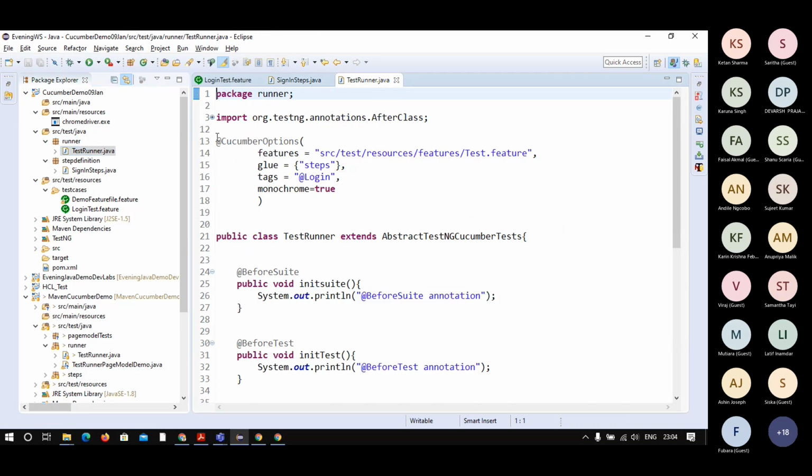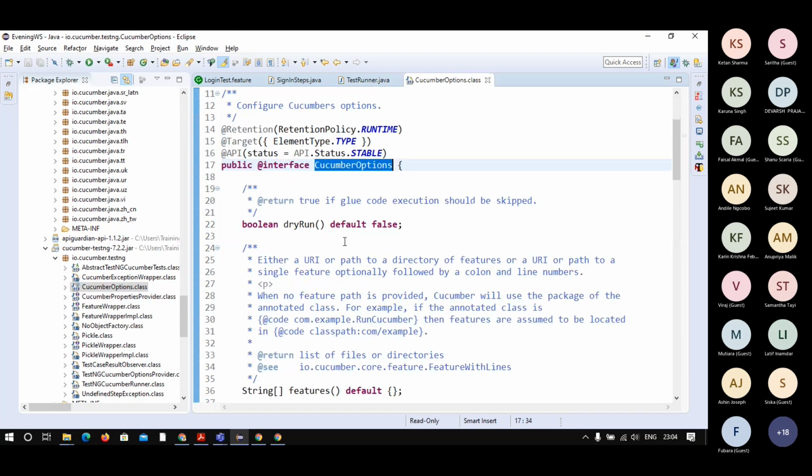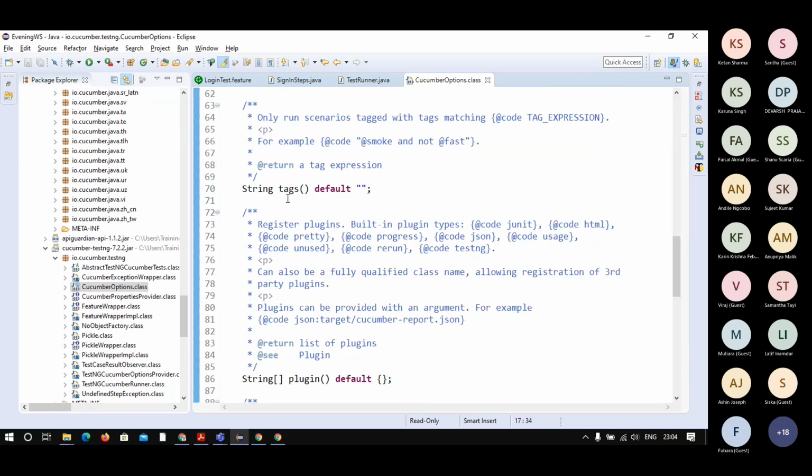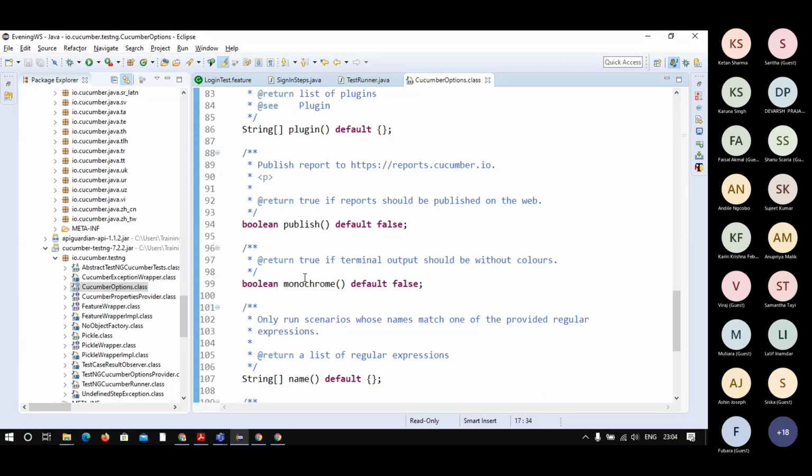Here is the format of the runner class, and we have another annotation, that is CucumberOptions. In the CucumberOptions you will see that a lot of things are there, like features, glue, extraGlue, tags, publish, monochrome.